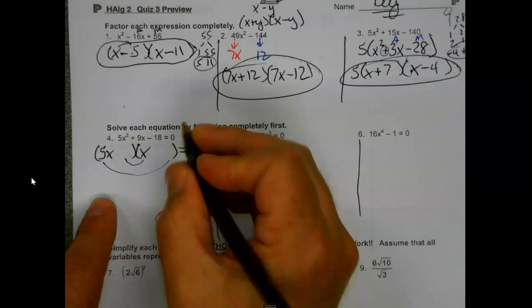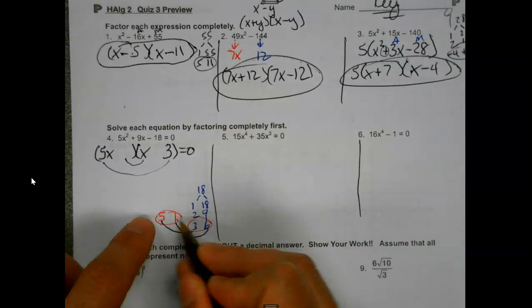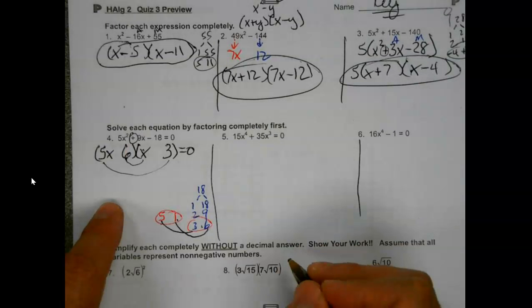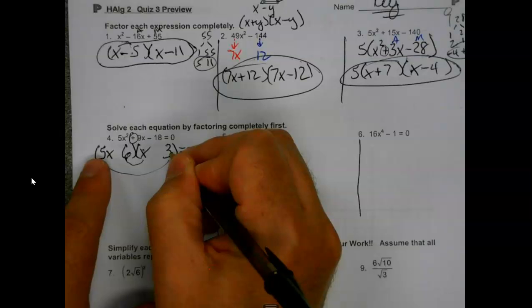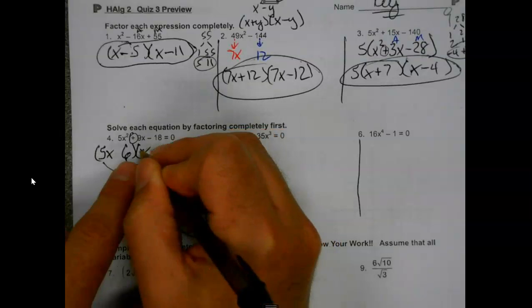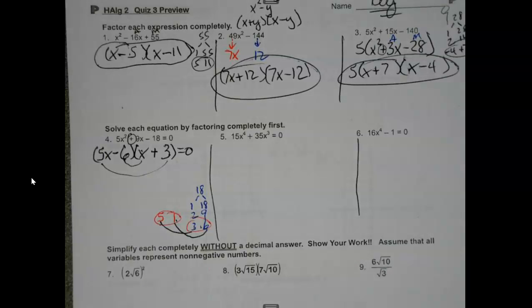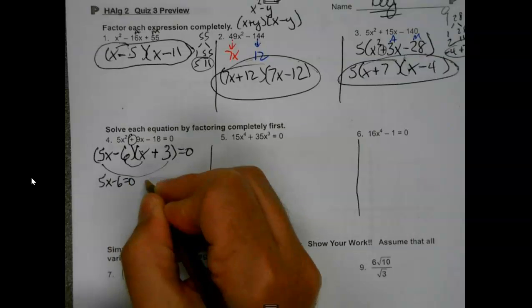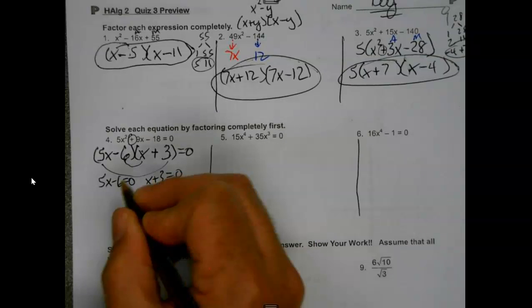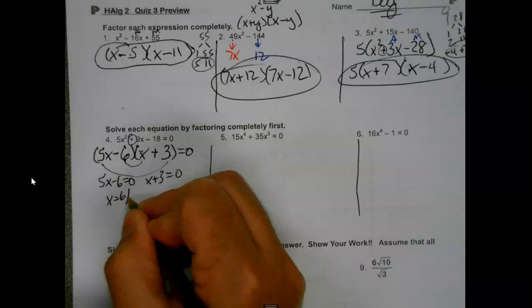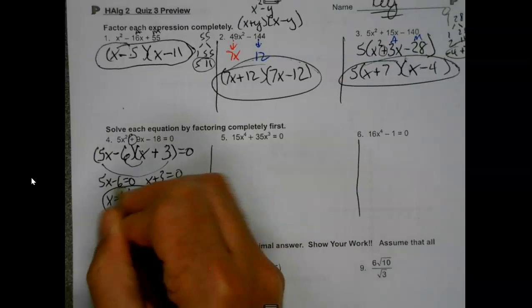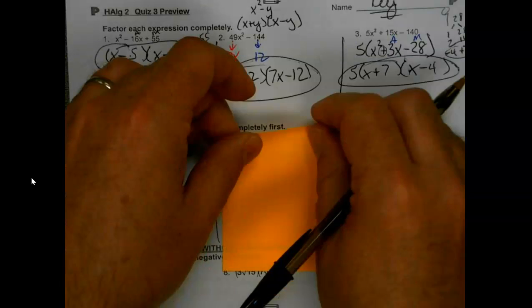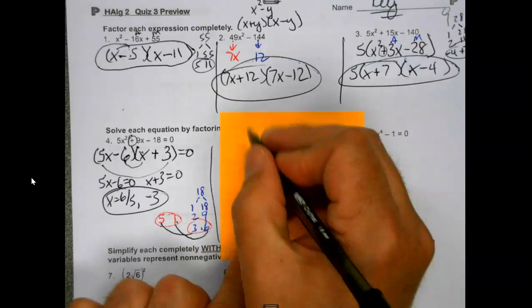So if I want 5 to go to 3, and I want 1 to go with 6, and I want it to be positive 9, so I want the 15 to be the positive and the 6 to be the negative. Okay? That's one option for you. If you are comfortable playing that guess and check game, fast forward me on to the next problem. If you are not comfortable with the guess and check game, stick with me here for a moment,